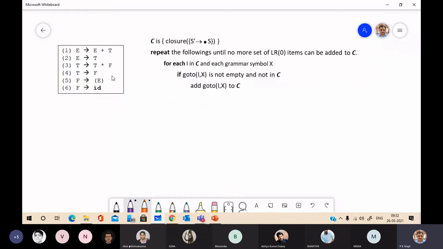You are familiar with this grammar? The first thing is to convert the grammar into an augmented grammar, and we can do that by introducing a production E' to E, the start symbol of the grammar. Okay.